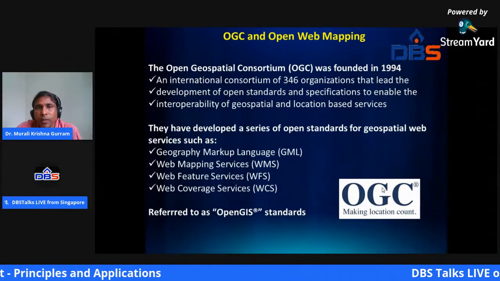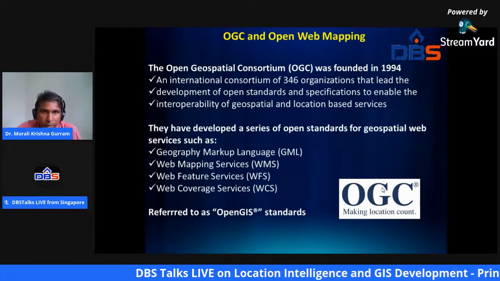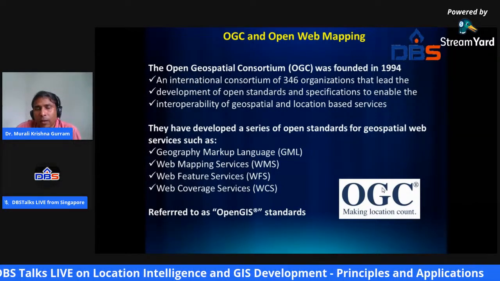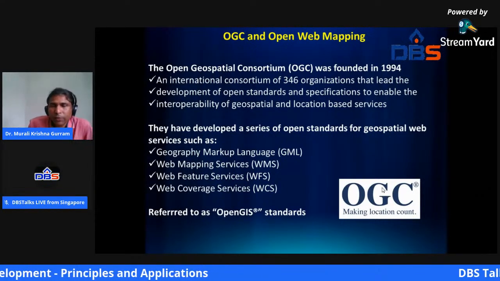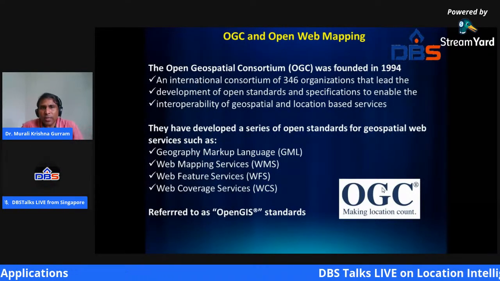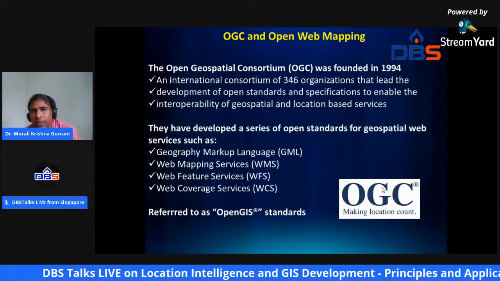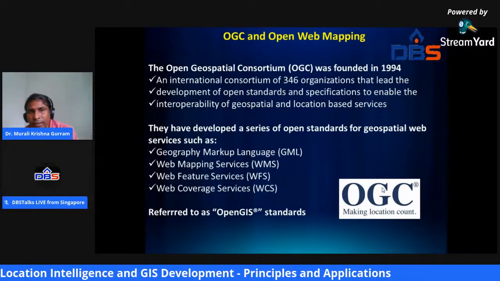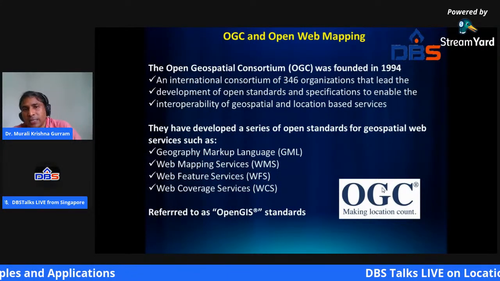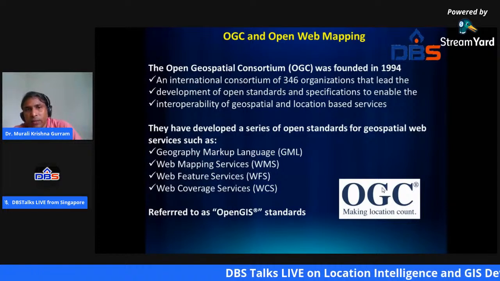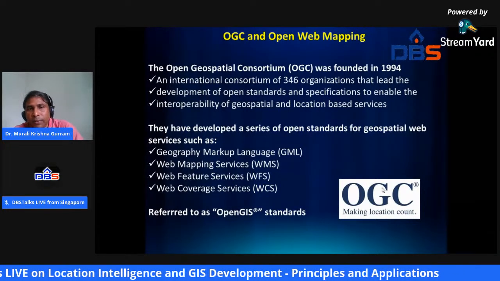So OGC. When we talk about web mapping, we cannot ignore the contribution of OGC, which stands for Open Geospatial Consortium. It was founded in 1994. It is a consortium of 346 organizations, intended for developing and sharing standards and specifications over the web, which enable web map technologies.